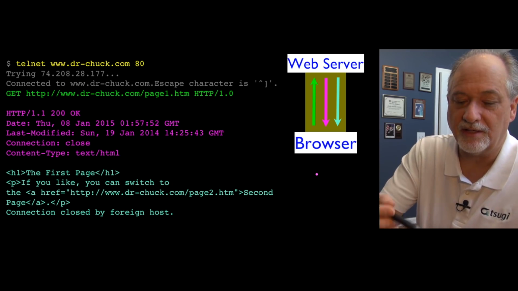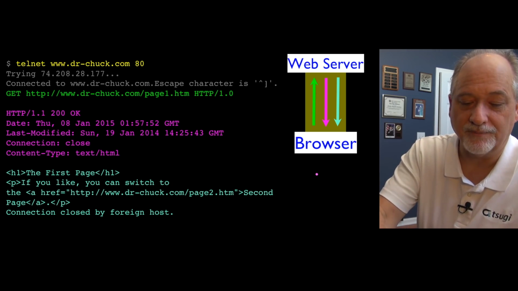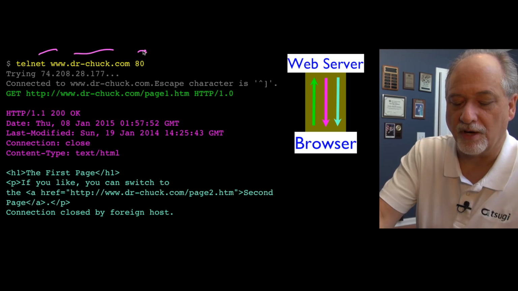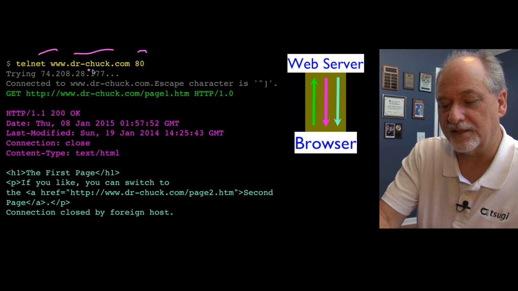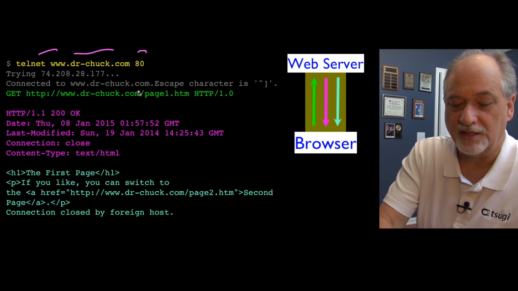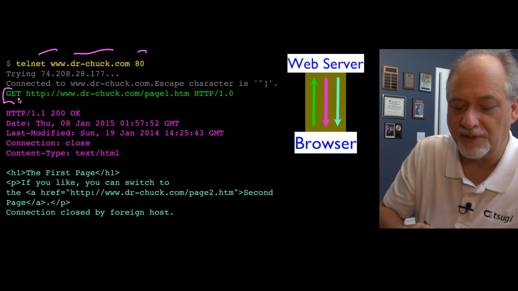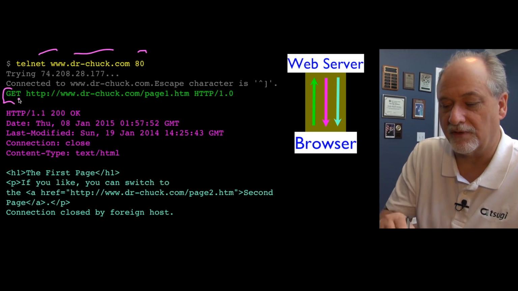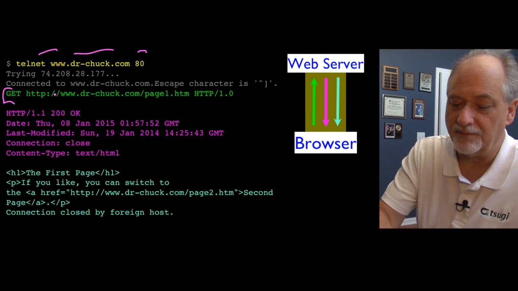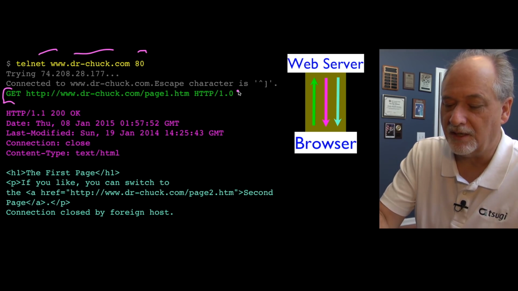But it basically is a program that can open a socket to a host on a port. And I'm saying Telnet to this host on port 80. And at this point, I am connected, and whatever I type on my keyboard is going to be sent to that server. Now, if you're doing this, you probably want to cut and paste this really fast, because if you